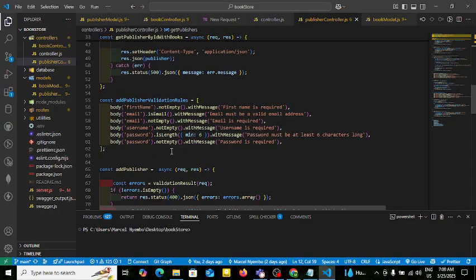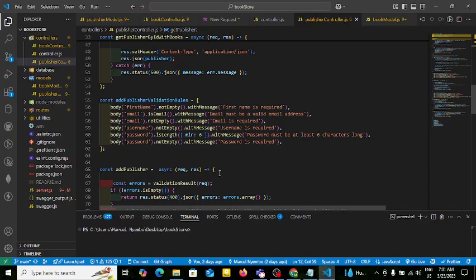For example, here we need to check that the first name is not empty. If a user provides an empty first name, an empty email or an inaccurate email through the form, those messages will be sent as front-end information to give them details,